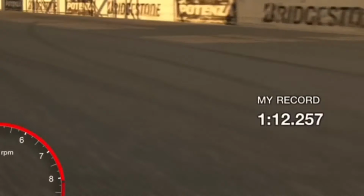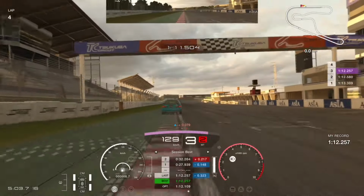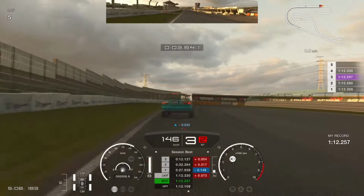So now we're down to a 1:12.257. Lap number 3 wasn't that good, so we are starting on lap number 4 now, still in the beginning of the session,